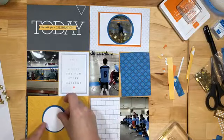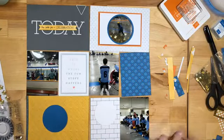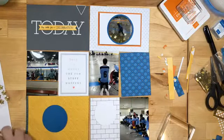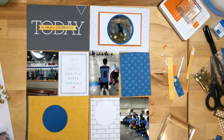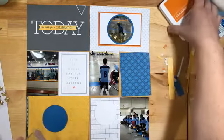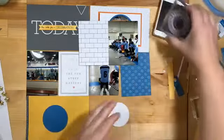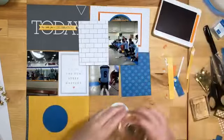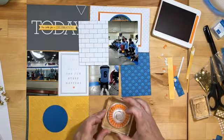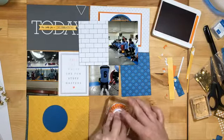Okay, so this is meant to go on here with this stamped image. So we'll go ahead and do that. And I think I'm going to do it in orange because I've got that little bit of orange up there, but then no other orange. So I'm going to do it in pumpkin pie. This out of the way. This is always tricky. I always much prefer stamping before I punch, but because this is already punched for me,